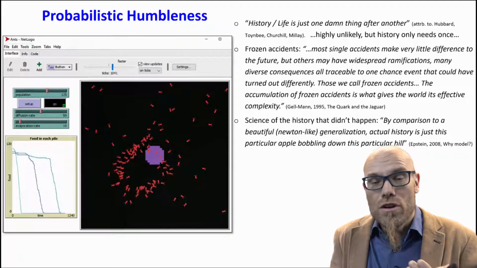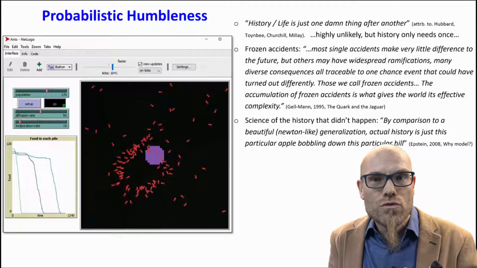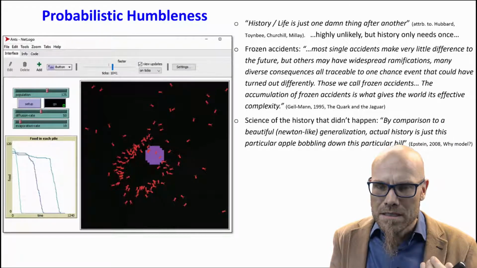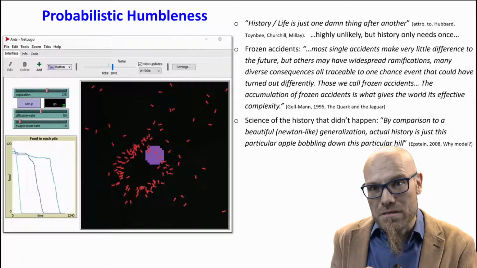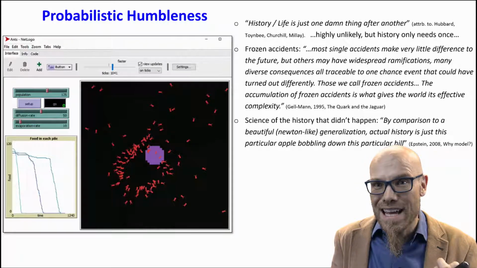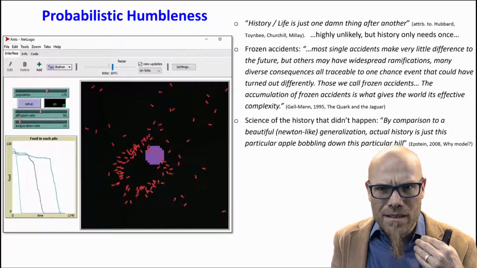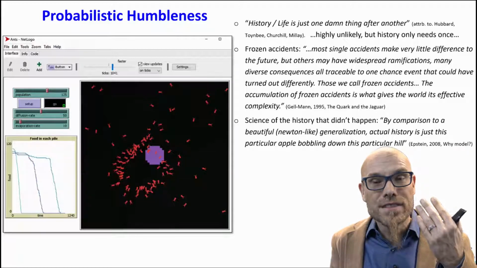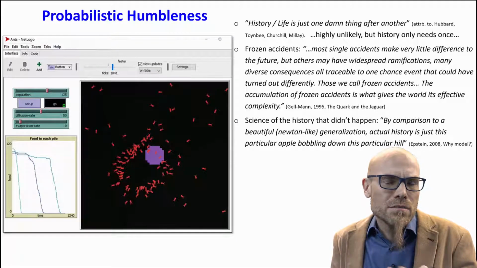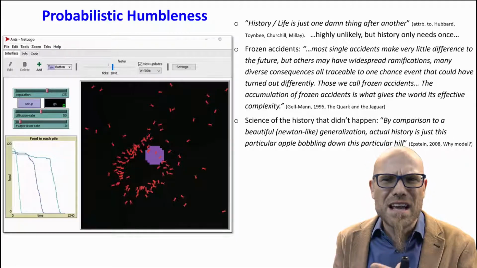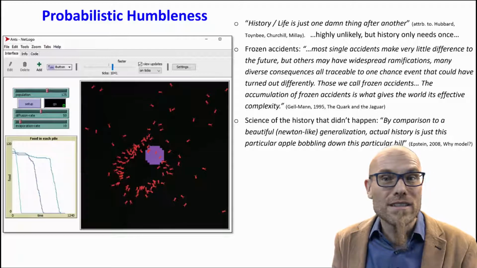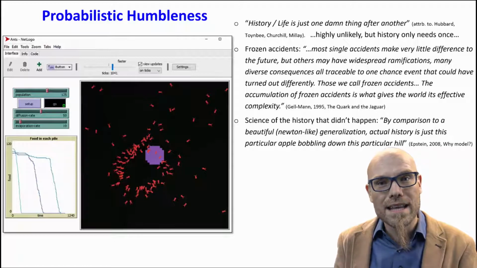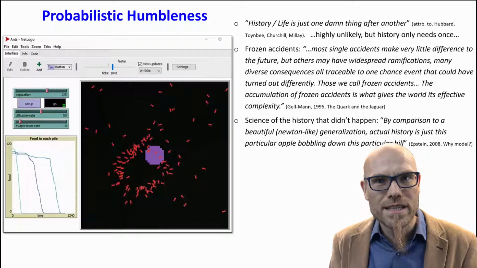You always have to introduce some probabilities, because then you don't have the details anymore. So if you program your agent-based model, and an agent goes to the street corner, most of the time the person turns right, but sometimes the person turns left. You would really have to simulate every neuron, every experience that this person had, that gives this free will. You will not. So you will just average over and say, well, let's say 60% of the time you turn right. That's a generalization, and you lose the details of it. That's where these probabilities actually come from, right? And that also means you cannot make particular predictions.